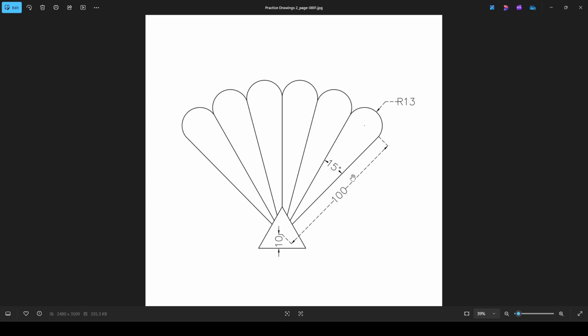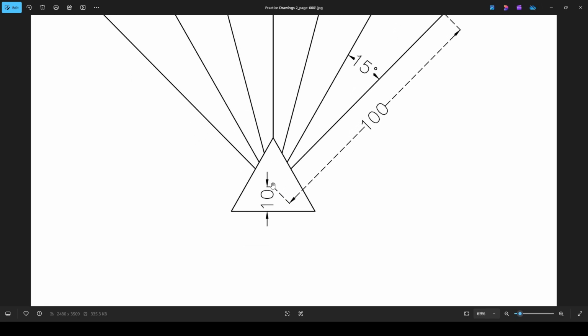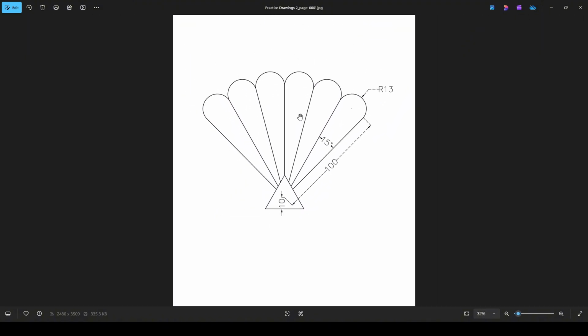Now in this drawing you will see that there is an angle of 15 degrees between every single part of the shell, and the line that is 100 meters long, and also this circle with the radius of 13, and this polygon of 3 corners, or triangle, with a diameter of 20 and radius of 10. So for that,